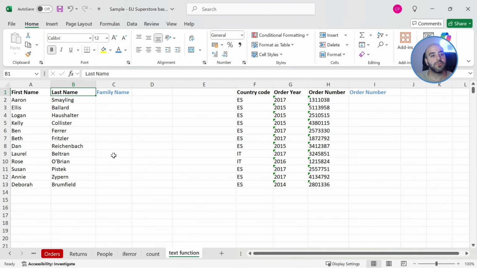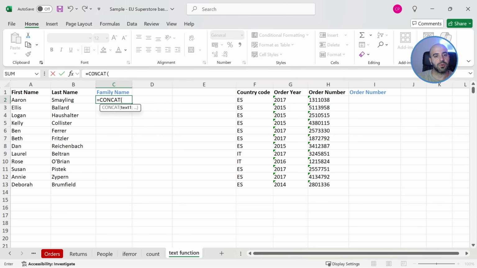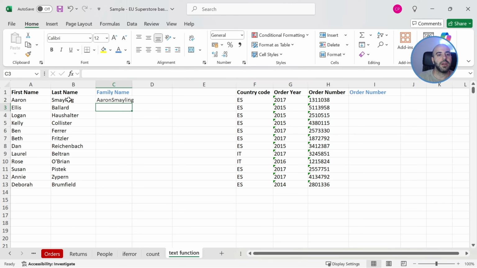In this worksheet, we have 2 columns, the first name and the last name of the client, and we can combine them in one in this new family name column, like this. Typing concat, then specifying first name, and then last name with the cell references, then close our brackets and click enter. Now I can see that both strings came together here in one,